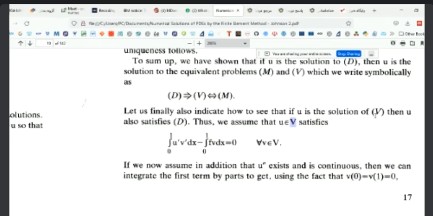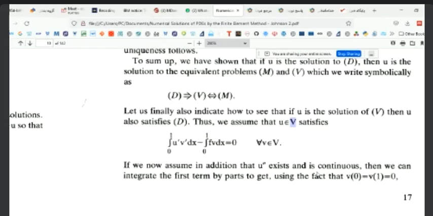We have assumed that u is a solution of the variational problem V, so the integral from 0 to 1 of u prime v prime dx, the inner product of u prime and v prime, minus the integral of f v, the inner product of f with v, equals 0 for all v in the linear space V. And we want to show that u is also a solution of D. If we now assume in addition that u double prime, the second derivative of u, exists and is continuous,